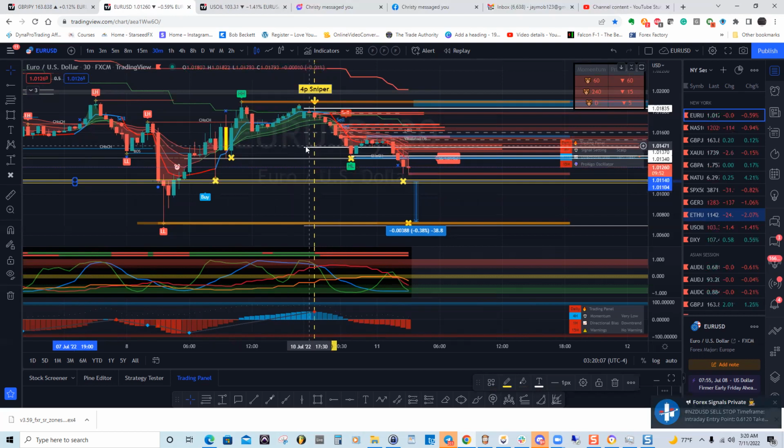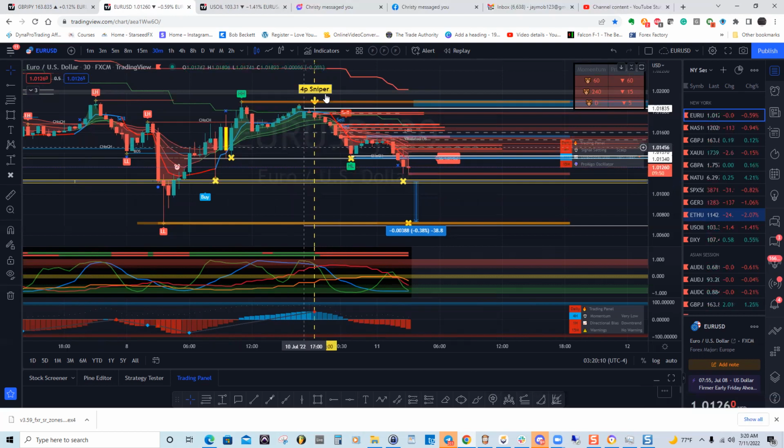This line don't need here. This is the 4P sniper because it has all four. I think I'll call it there. Has all of the